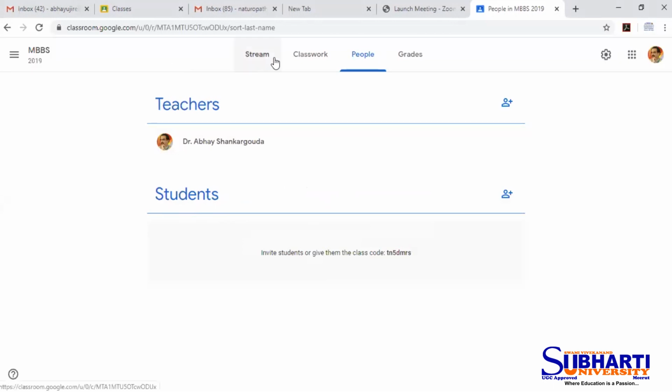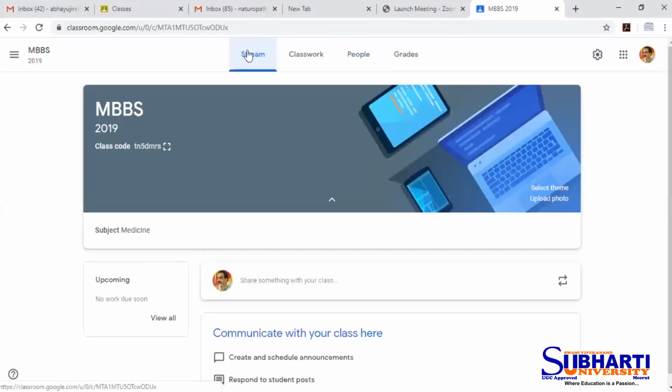Other than this, this is one method of making the student enter into the class. Or, as I showed you in the first stream tab, the classroom code is available. The classroom code TN5DMRS should be shared. Whoever has this classroom code can enter this classroom, the one I have created for MBBS 2019 and subject medicine.